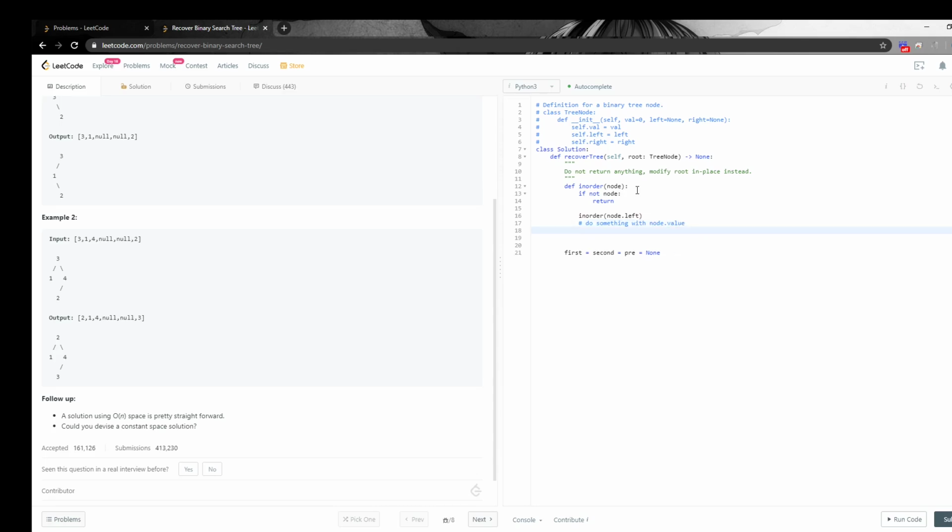And then after we're doing the current node, we'll go to the right side, right? Right node dot right. That's the in-order recursion traverse, right? So what are we doing here? So we check, okay. First, if the pre-node is not empty, because for the first node there's no need to check, right? And the current node value is smaller than the pre-node value, right? So if that's the case,